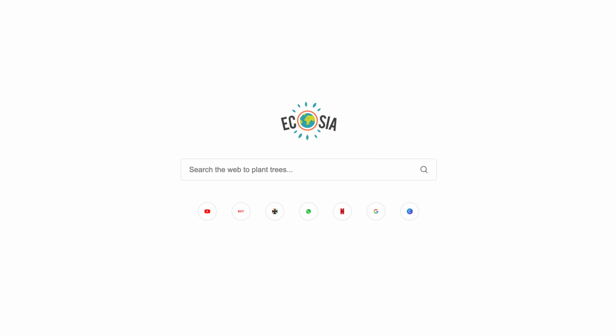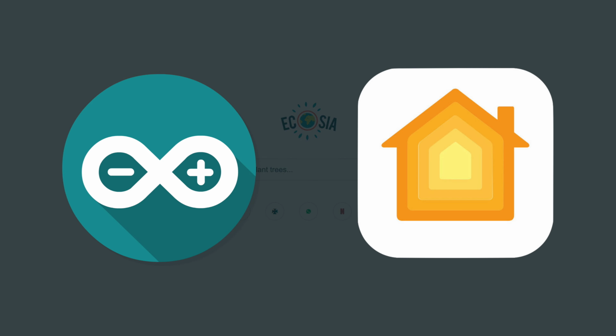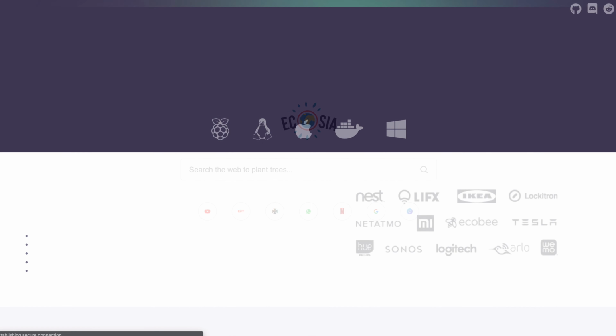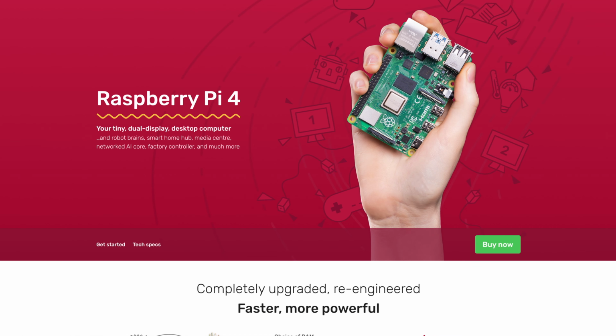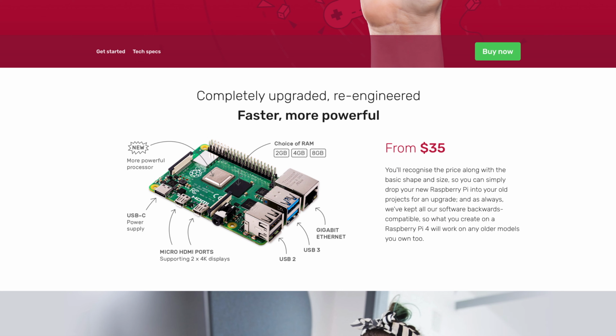The most commonly used method to control an Arduino from the Apple Home app is by using Homebridge. Homebridge is an open source software that will create a server to bridge your Apple products with your smart devices. You can download Homebridge on Windows, Mac, Linux, and Docker devices, and most importantly on Raspberry Pis. This is great because you can buy the new Raspberry Pi 4 starting at $35 only. However, for this project, I will be using the Raspberry Pi 3.